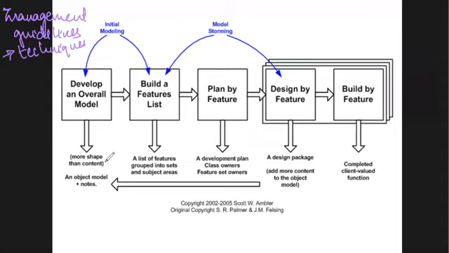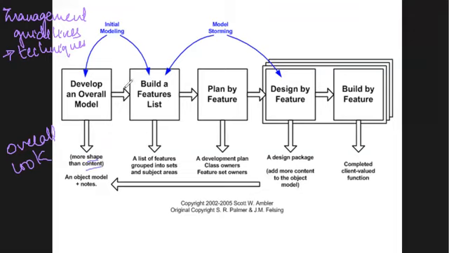That is, it focuses on more shape than content. Suppose you are developing an e-commerce website. Within the first phase, you're going to focus on what is going to be the overall look for the particular software, because the end user first is going to be interested in how your website is going to look, how attractive it is, how easy the user interface is going to be. So it is going to focus more upon the shape than the content. That is going to be the first step.